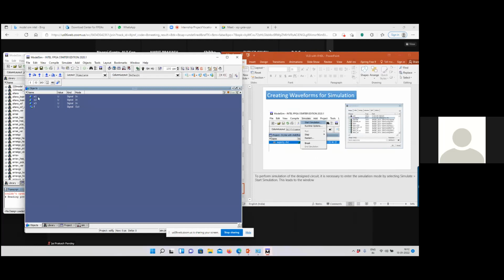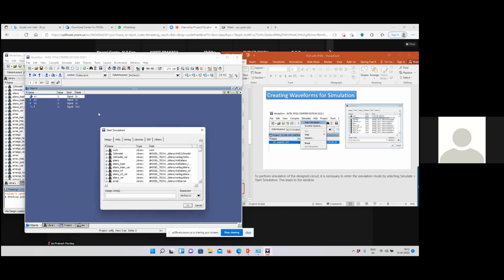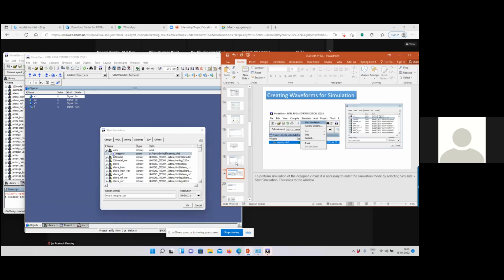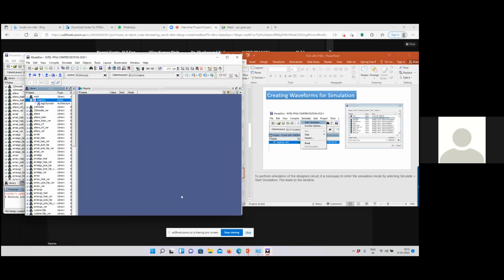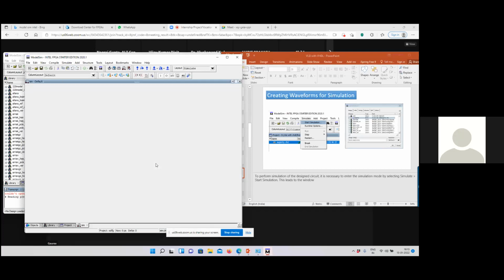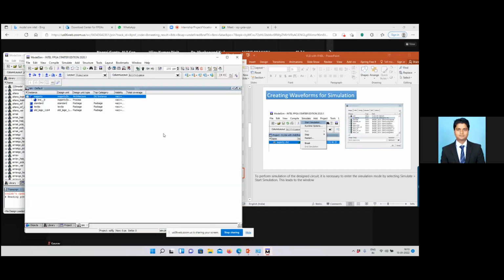So using simulate, start simulation, it asks which one you want, select more majority here, and then OK, right?